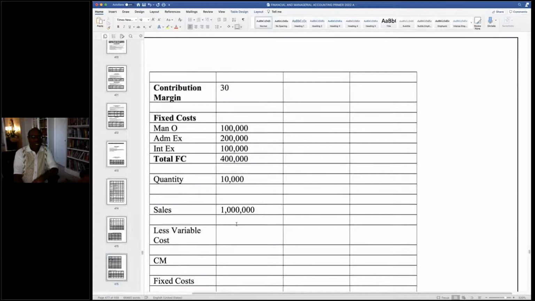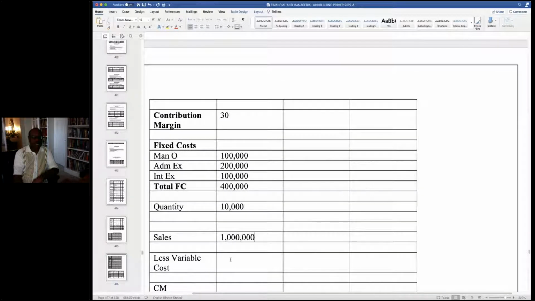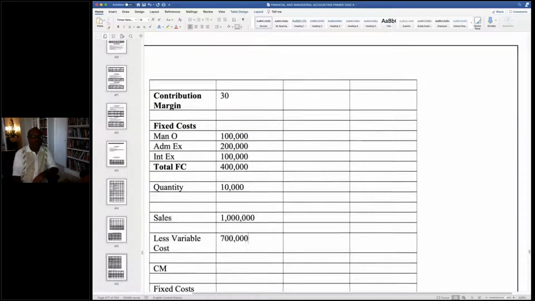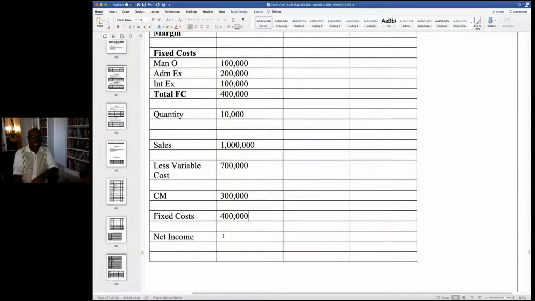The variable cost is going to be what? 70 times 10,000. So that's going to be what? 700,000. Contribution margin is what? 300,000, right? Dollar amount. Our fixed cost, we bring that down, 400,000. So our net income becomes a loss of 100,000,